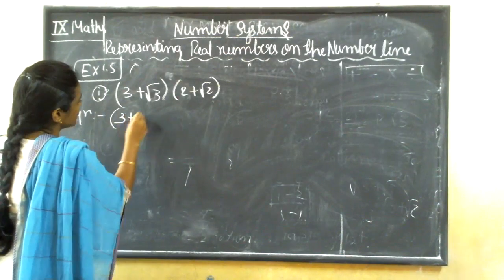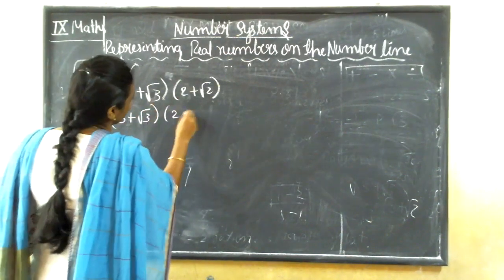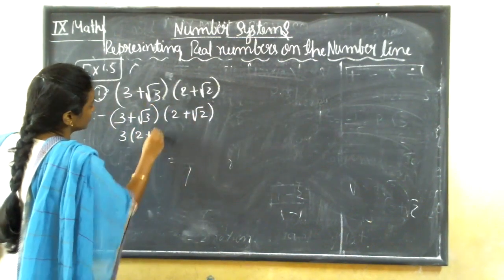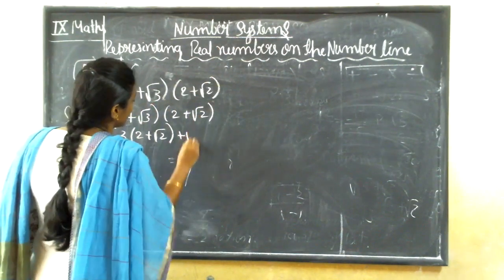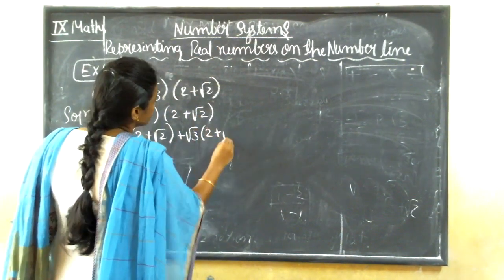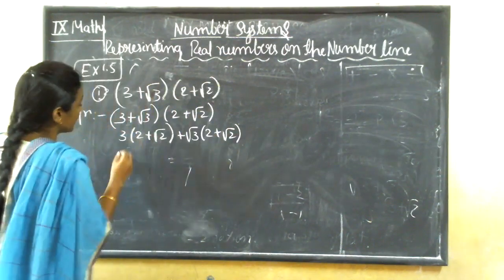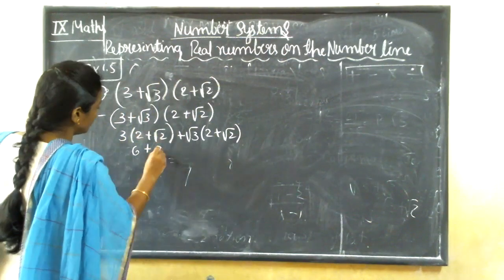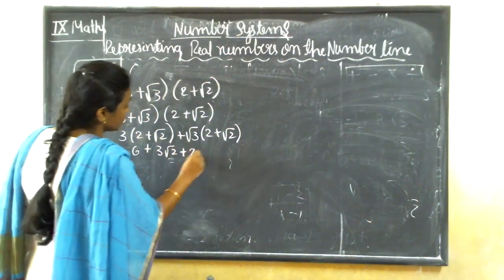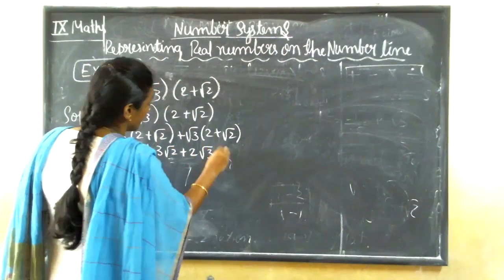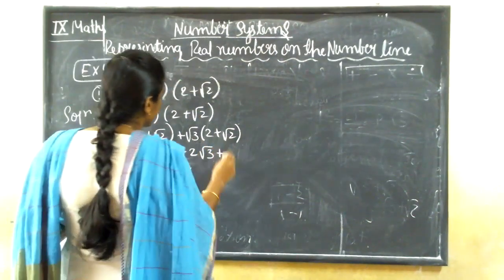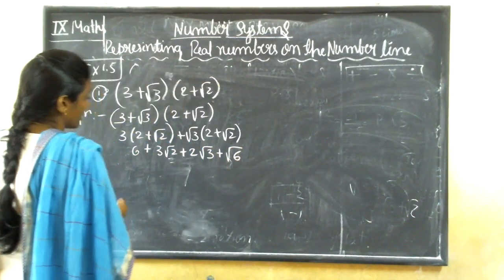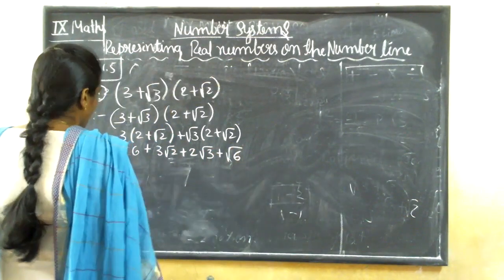First you write 3 plus root 3 into 2 plus root 2. 3 into 2 plus root 2 and plus root 3 into 2 plus root 2. Multiply them, you will get 3 2s are what here? 6 plus 3 into root 2 plus 2 into root 3 plus what here? 3 2s are 6. Isn't it? 3 2s are 6 here. Okay. So 6 plus